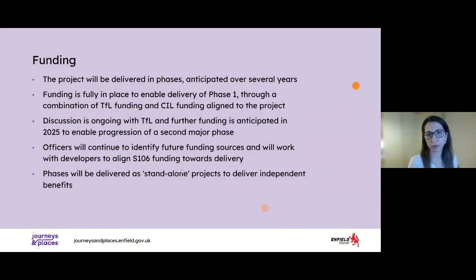Just briefly recapping on funding, again, we've mentioned that previously, that the project is largely funded by TfL, our sponsor, and also from SEAL funding. Over a number of years, so we are taking a phased approach, and we are continuing the discussion with TfL, and any phases that we are looking to